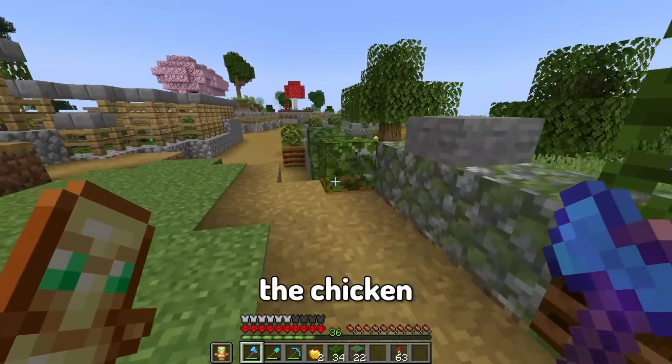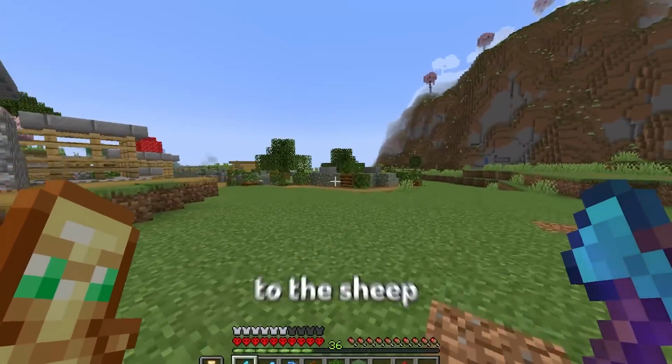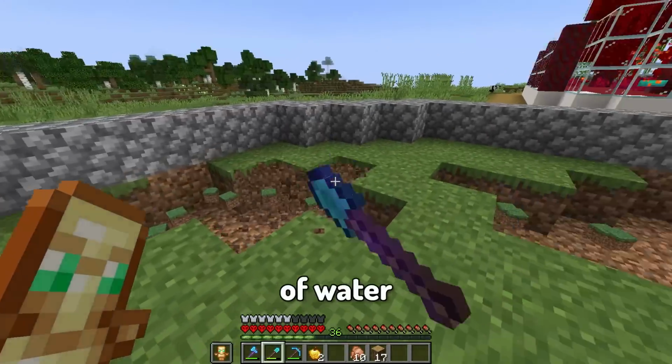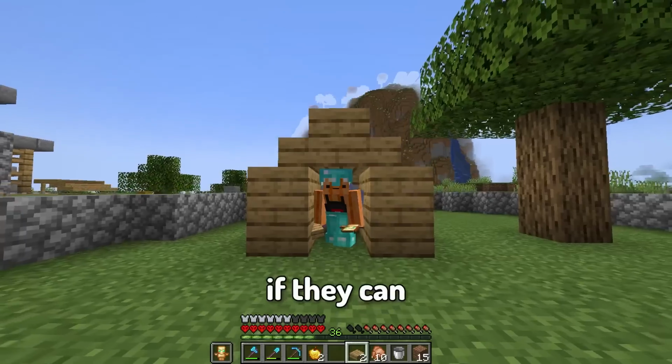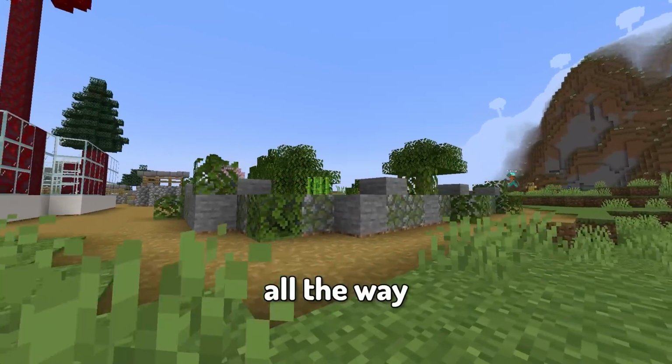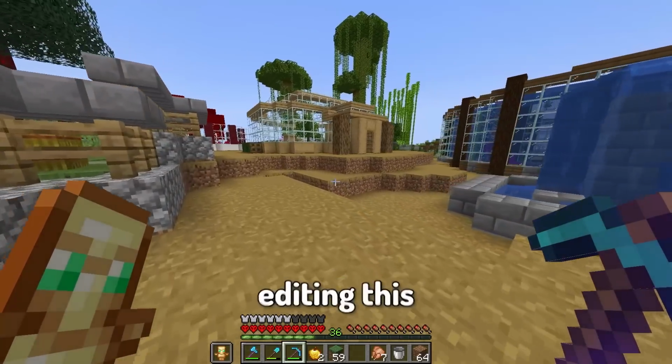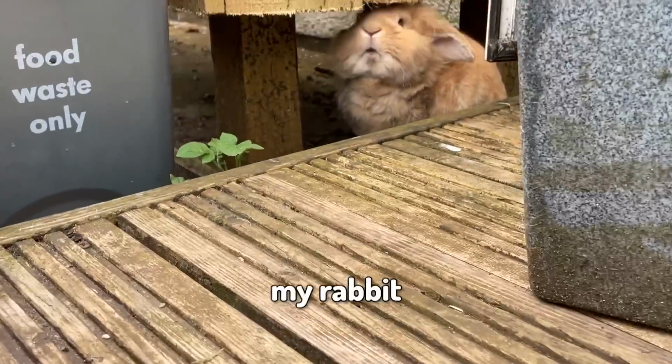Now lastly, the chicken enclosure. For this one it was pretty similar to the sheep enclosure, but this time I added a few custom trees, a little bit of water, and a very small house for them to sit in, if they can fit, and then a nice looking fence all the way around the side. Welcome. After spending a long time editing this video, I got tired, so I visited my rabbit in real life,